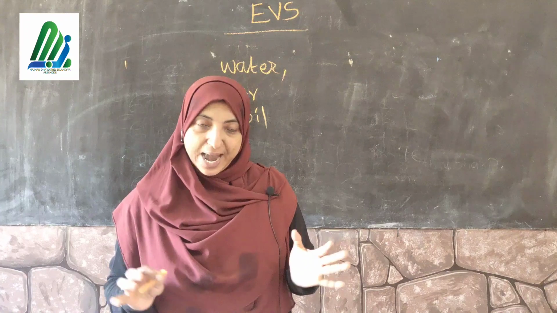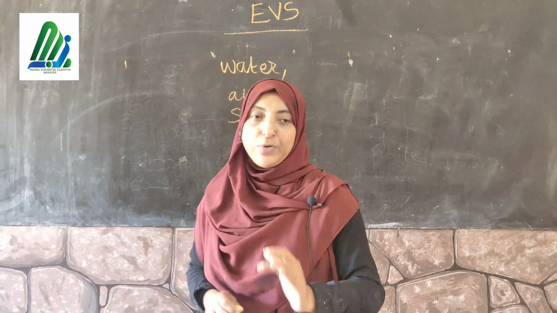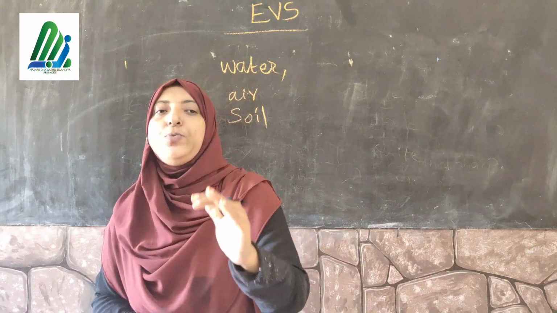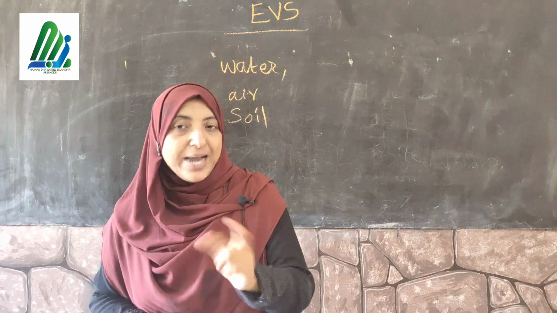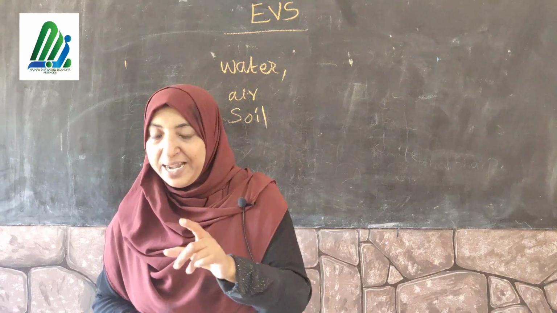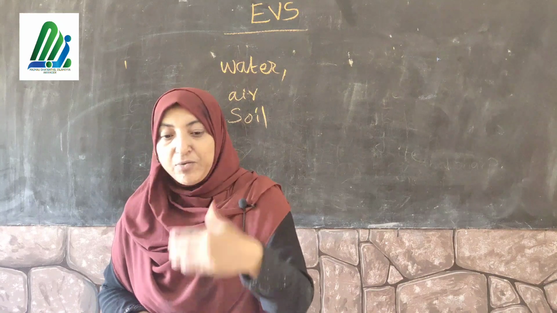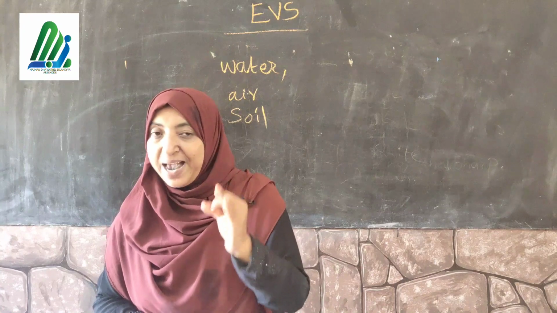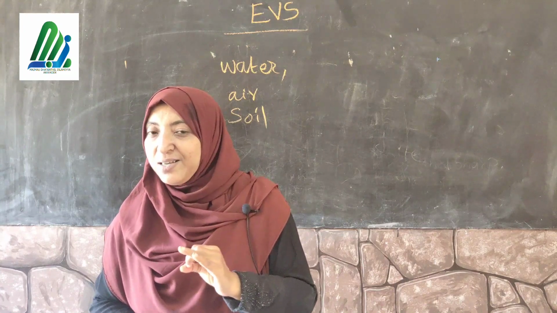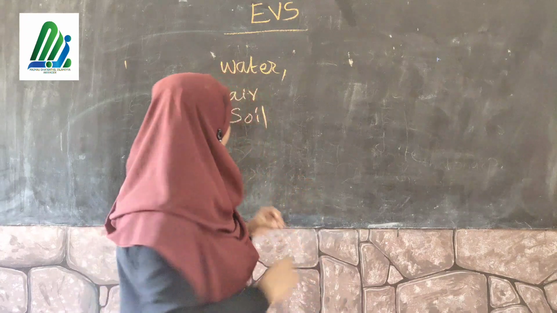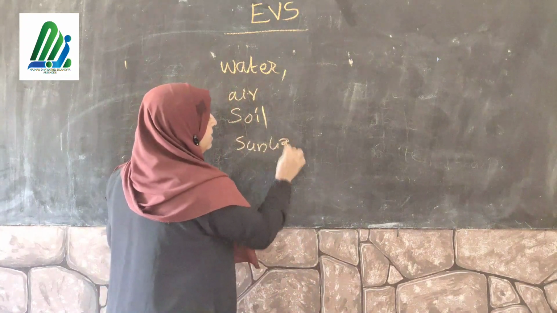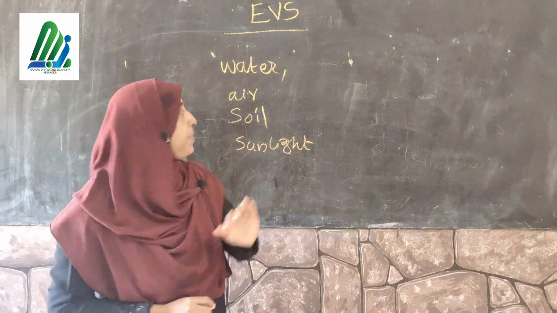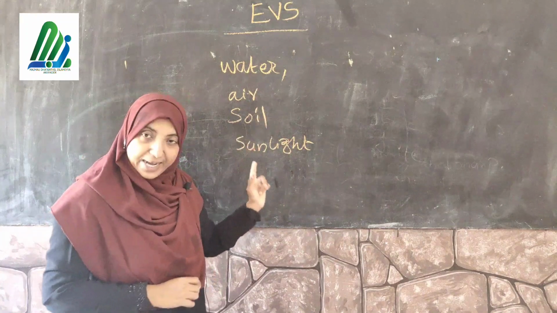Anybody know? No idea. Okay, I'm going to ask you a simple question. Suppose you got a rose plant, a rose sapling, and you are going to plant that in a particular place. You know that for the better growth of a plant, which you studied in third standard, we want to give water, we want to give manure, then that plant needs one important thing. What's that? Sunlight. So we can write sunlight is also very important for the better development or growth of each and every organism.